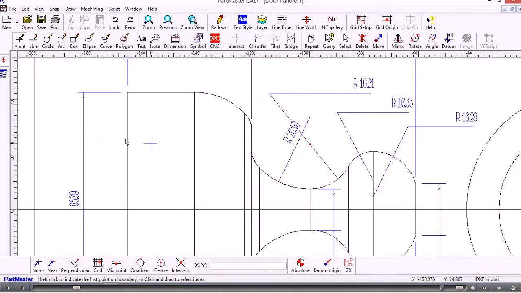So what we need to do is set the NC datum, which will be our Z and X0 position, and we need to create a profile of this outside shape here. Now you can see that there are various lines which are going between the outside edges of the shape. Now we can leave those where they are, but it's better to get rid of them so that when the system is creating the profile, it doesn't reach a decision point at the end of an arc and you have to indicate the next element. So if we simply delete out these lines that we don't need,